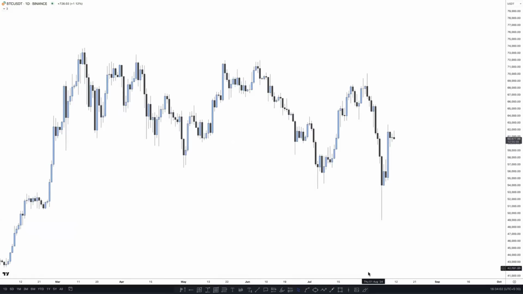if the market creates any kind of structure. But remember, when the market sweeps the previous low, that means the probability of reversal is higher, meaning we can expect some bullish momentum to the upside. This one is a liquidity grab here. So once the market grabs the liquidity, the probability of a reversal and a pullback is higher.